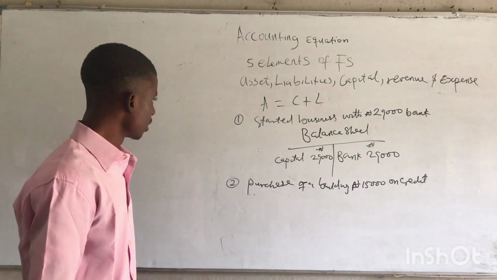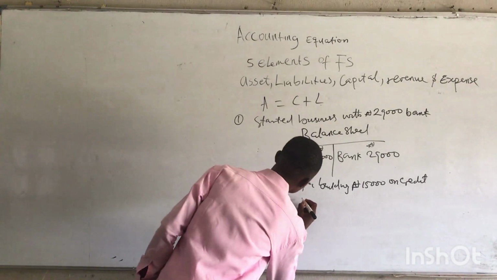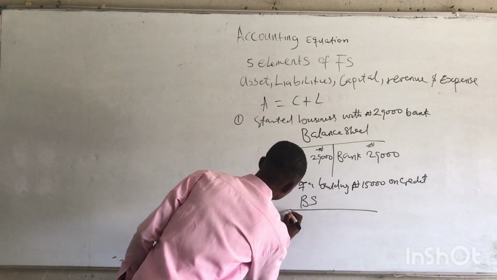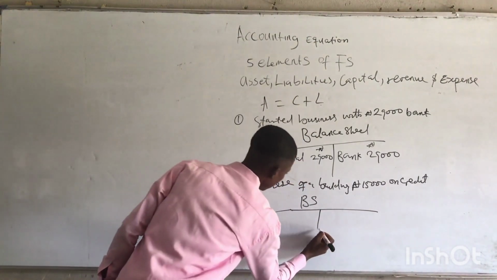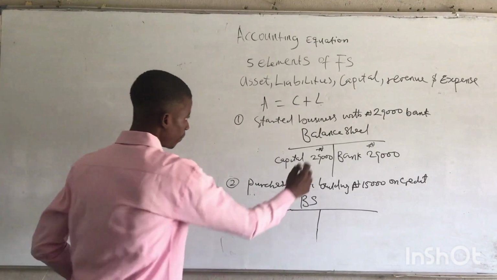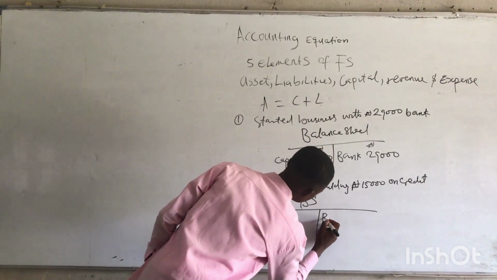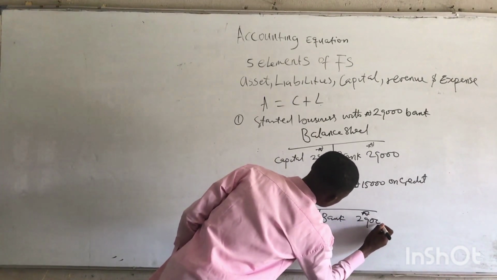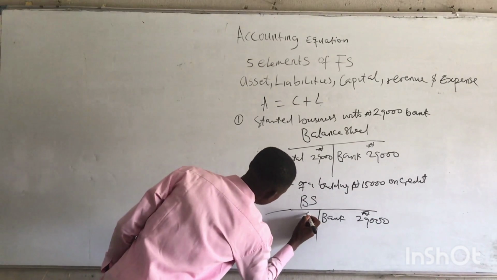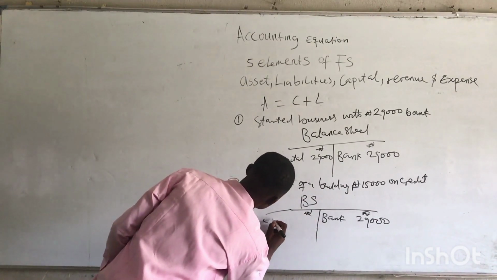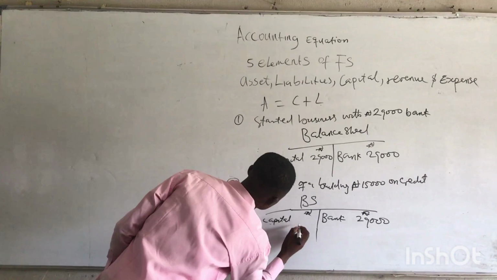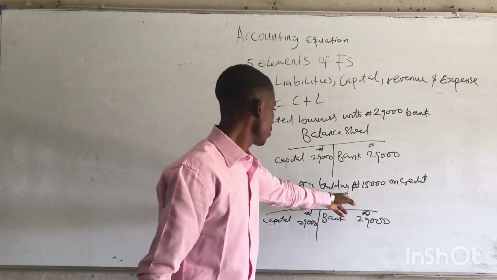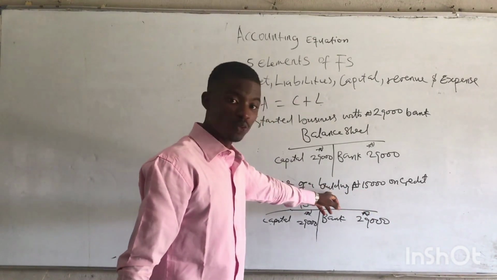Now, the balance sheet will appear like this. Bring down the bank you have before, 29,000 naira. And I still bring down the capital, 29,000 naira. First of all, the two accounts involved in this transaction are the asset account, which is the building,